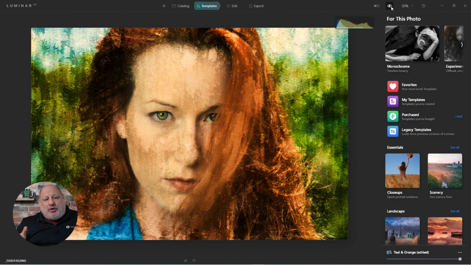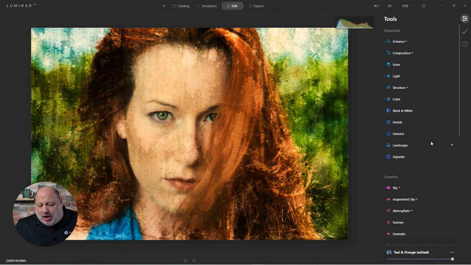Unlike Photoshop or a program like that where everything has to be done step by step, and if you make a mistake in one of the steps, you may have to start over again, in Luminar I can start my edits ahead of time, making her look really good, and then make the painterly effect. Or I can just start with the painterly effect and then add my additional edits. It doesn't matter which way we go, but I'm going to hit edit,